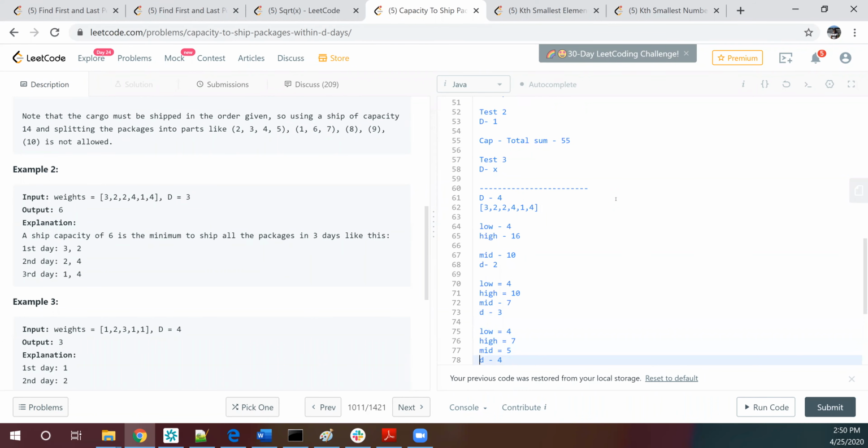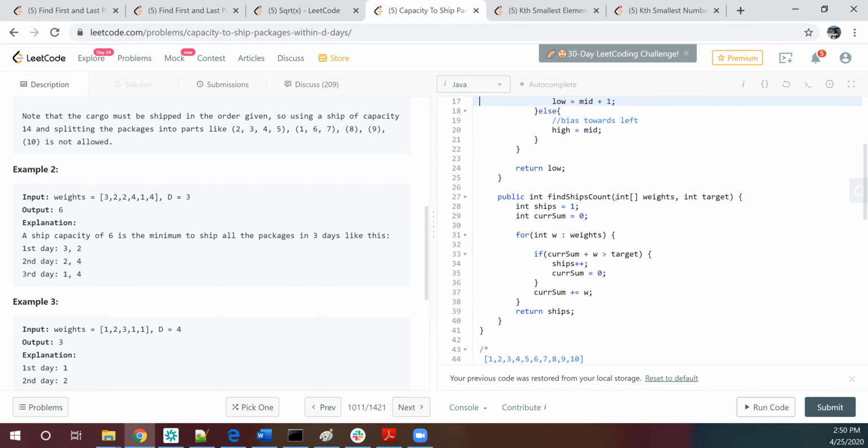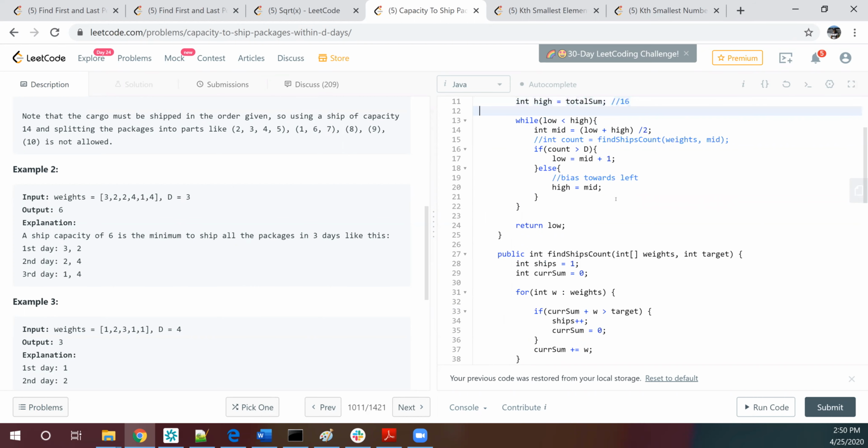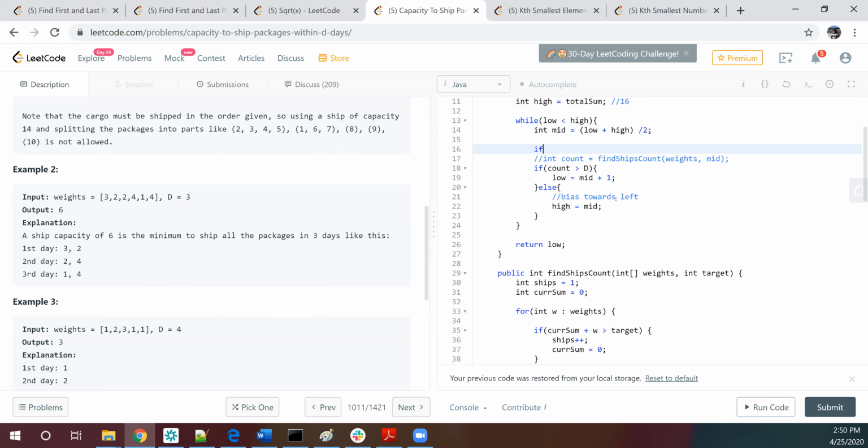But that was not the right solution for me, because the right solution was, I think, 6. And I want to go further, more and more towards my left. That would give me the good answer. If I stop there only,